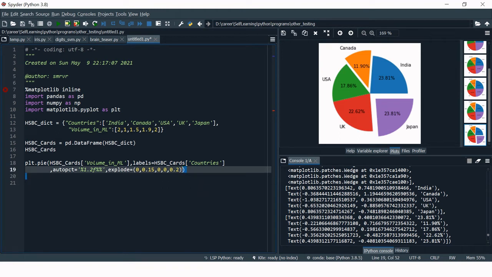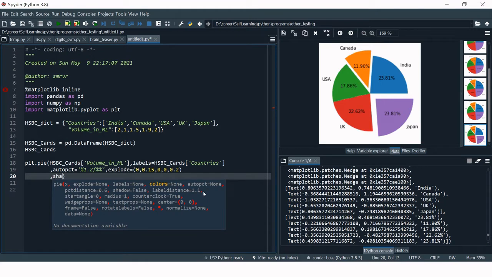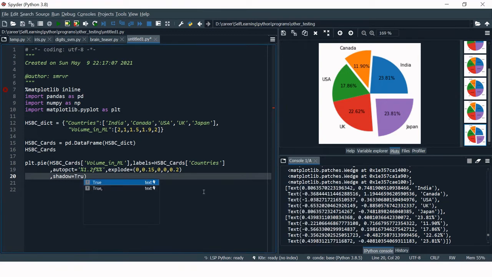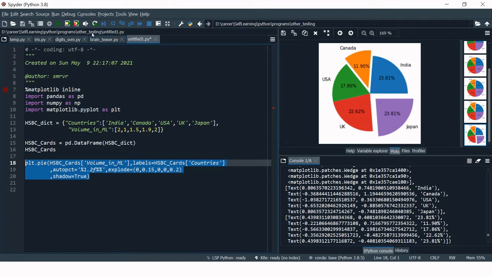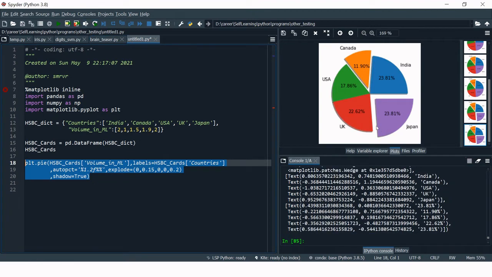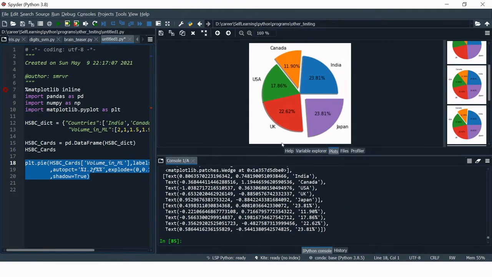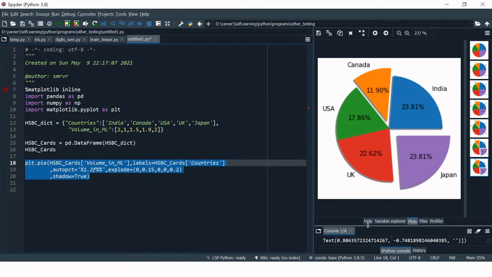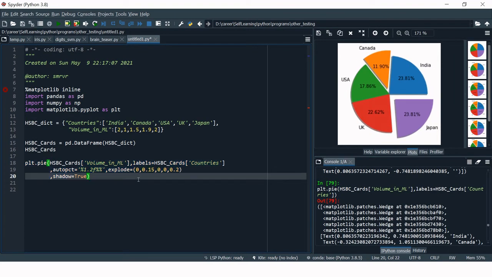Now to make it look slightly more beautiful, we can add the shadows. You don't need to do much, just say true and let's run this. Here we go. If you can observe, let me just make it bigger so that you could see. Now you can see we have shadows added. So this is how you can beautify it, by adding shadows. All right, now let's see what next we have.